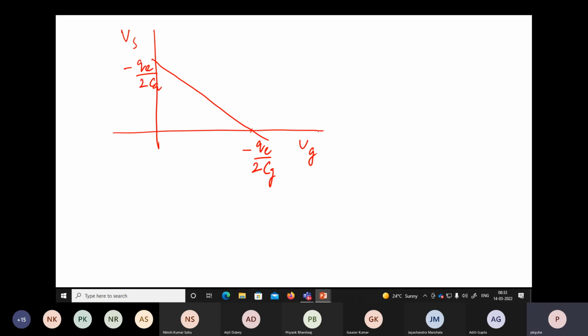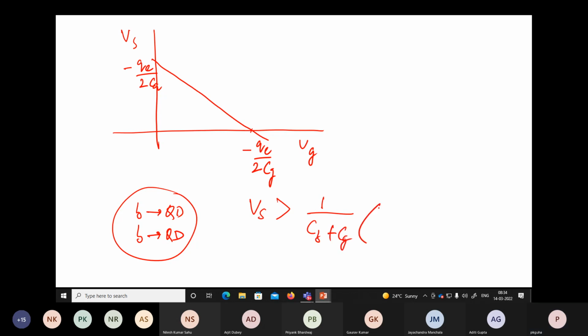Similarly, if we assume that we already have one electron at the island, and then another electron tunnels onto the island through junction B, exactly the same thing we have done before. So one electron was there from B to QD, again we have another electron from B to QD. We will get Vs greater than, and you can plot this again, and you will end up with